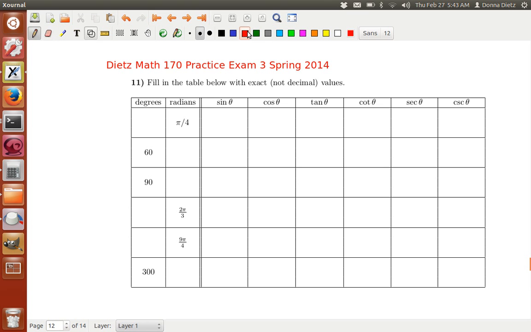First I'm going to mention that we have these reciprocal pairings. Sine and cosecant are reciprocal pairs. And cosecant and secant are reciprocal pairs, and tangent and cotangent are reciprocal pairs. And I may give you this exact problem on the exam, or I may change the degrees and the radians